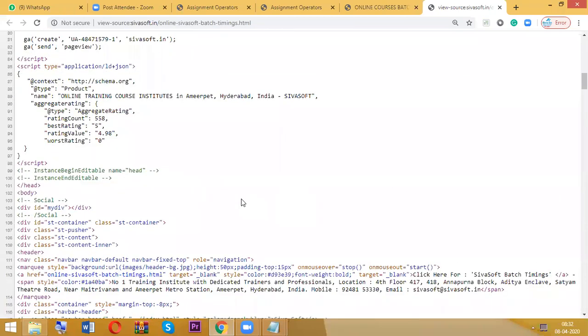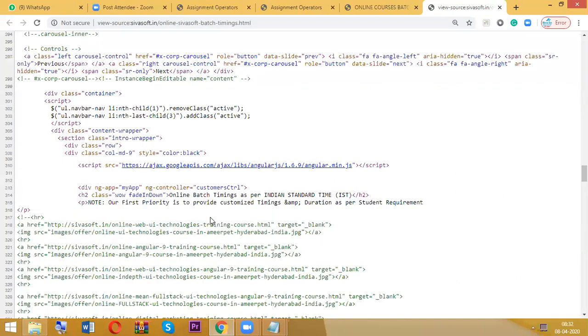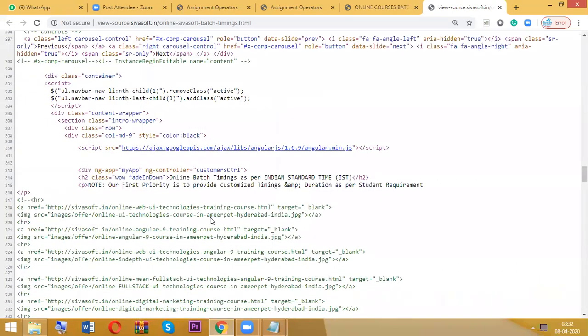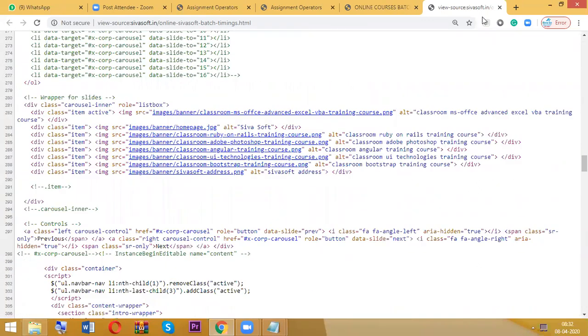Just 1 second. It is an Angular example. I want jQuery.